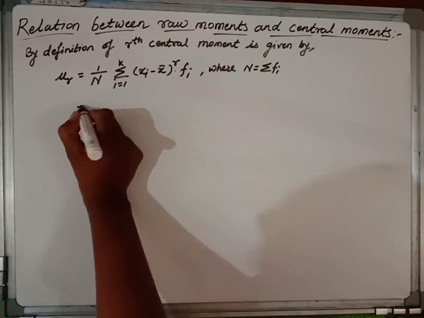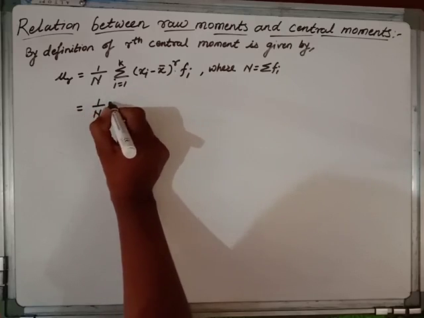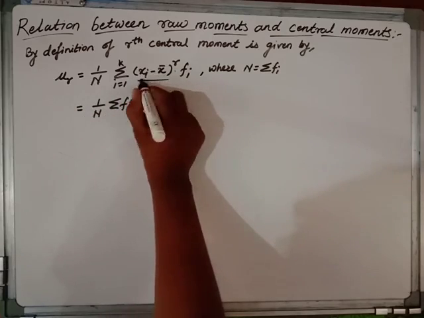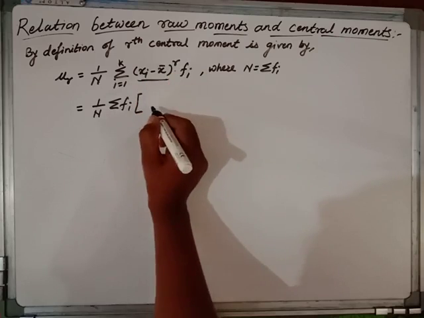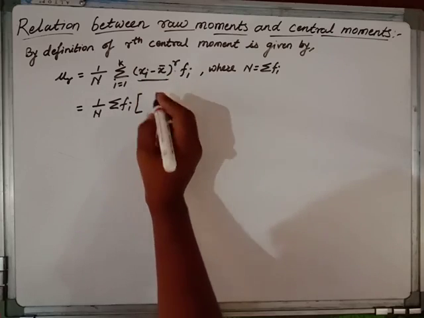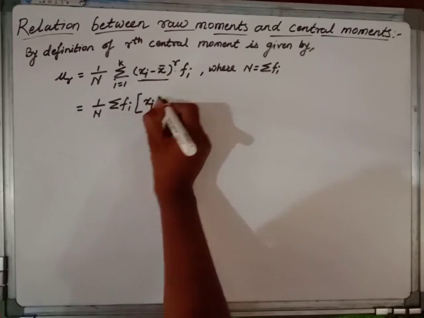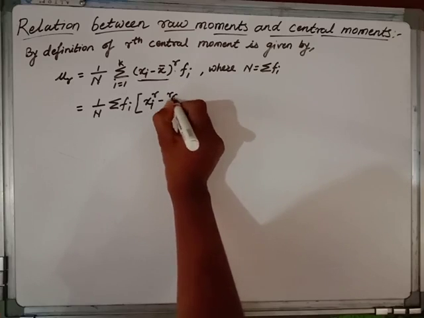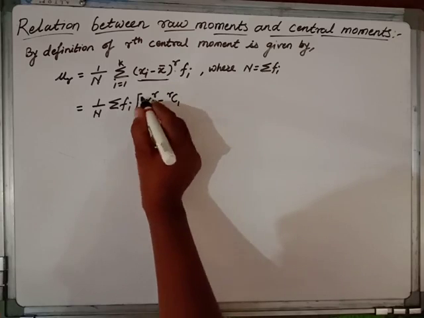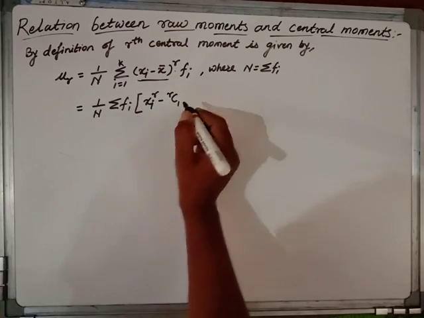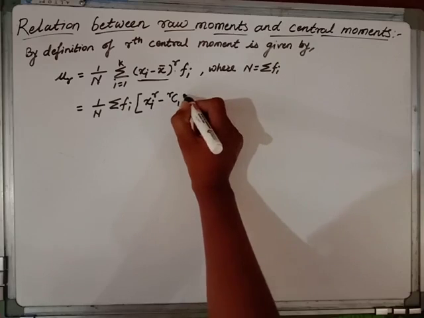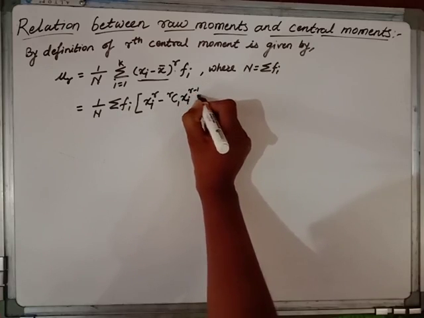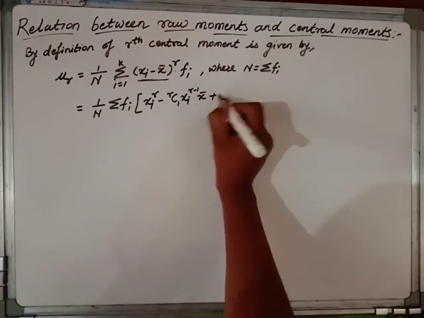Now this is equivalent to 1 upon n summation fi into, for this bracket (xi minus x bar) raised to r, let us use the binomial expansion. So here it will be xi raised to r minus rc1. Here the rc0 term was there, but its value is 1, so I exclude it. So with rc1 we get xi raised to r minus 1 into x bar